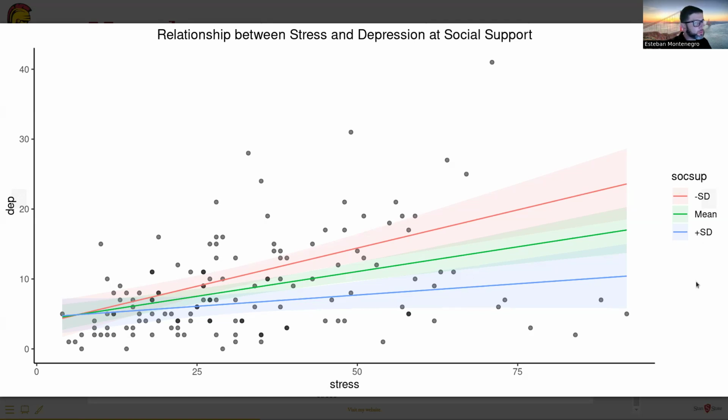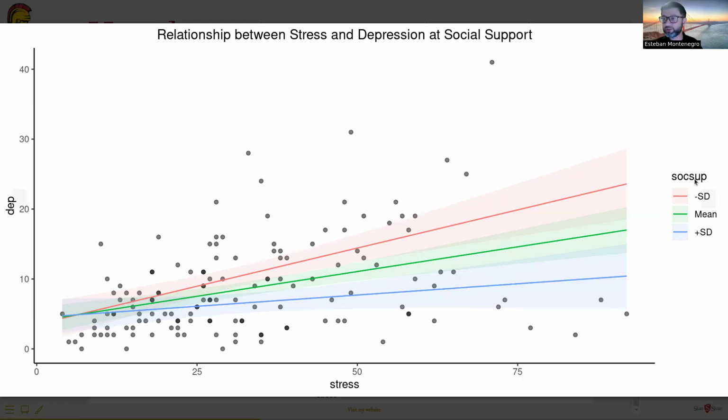And now take a look at what happens when people are high on social support, right? That means this blue line right here. The line, look at the slope, right? Is kind of turning a little bit flat. So that means that the relationship between social support and depression is stronger. Sorry, the relation between stress and depression is stronger when people have a low score on social support, which is